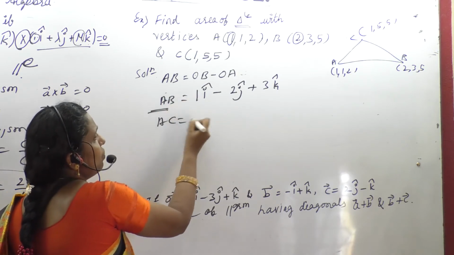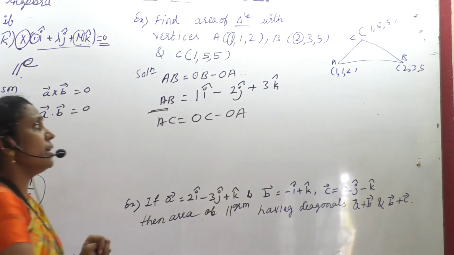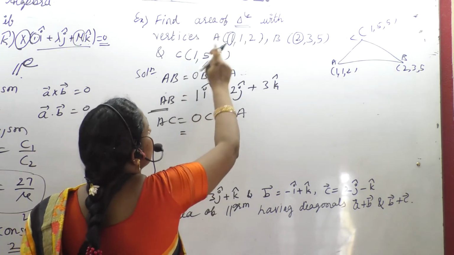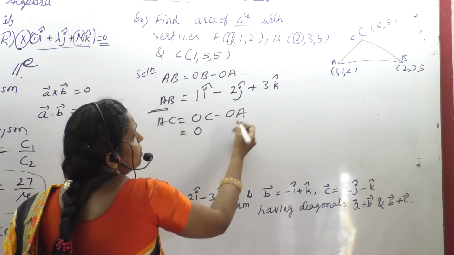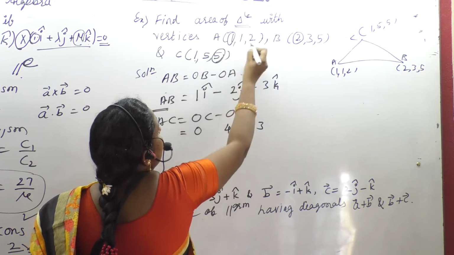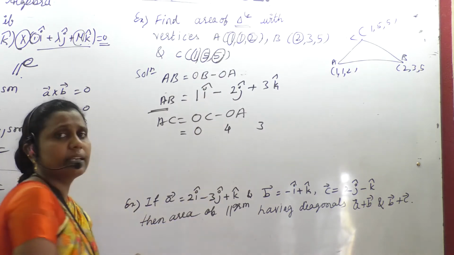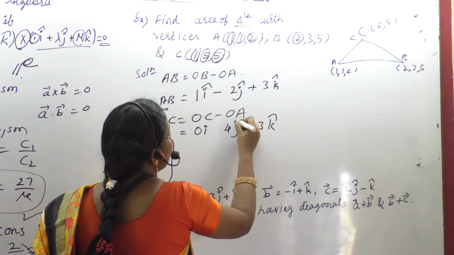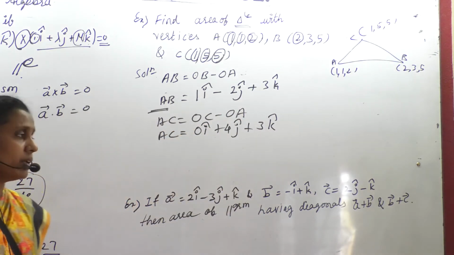Next, we have to find AC. By the formula of position vectors, this is OC minus OA, am I right? OC means what? These are the C vertices, and A the vertices. 1 minus 1, this is 0. 5 minus 1, 4. 5 minus 2 is 3. See this one, 5, 2. 5 minus 1. 1 minus 1, like that. And attach ijk. Make one vector with a plus sign in between because there are no negative elements.